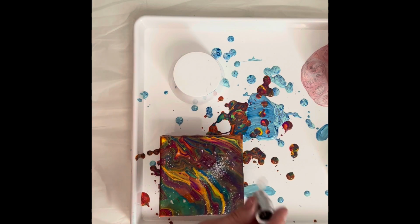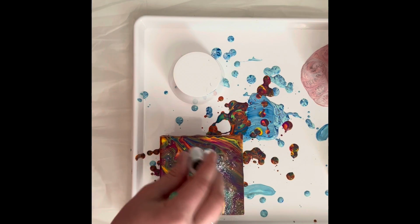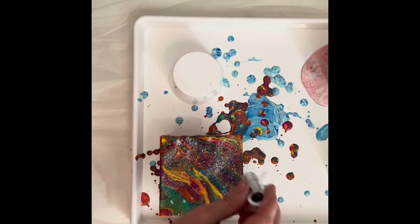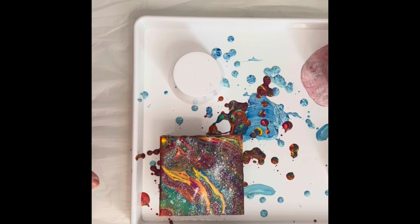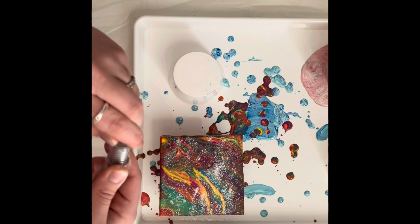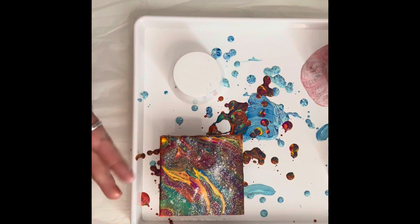So then I was like, you know what, we're just going to add a pound of glitter. I first started off with some silver glitter. This is really fine glitter, so it went on there everywhere, real nice. And then I was like, let's add some pink glitter. All these glitters are actually makeup glitter, and they're really, really cool to...